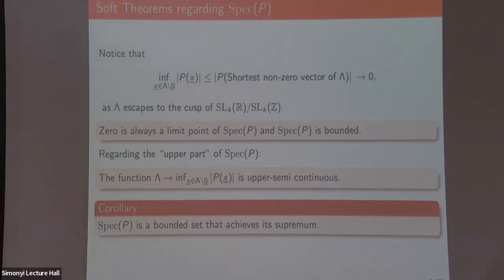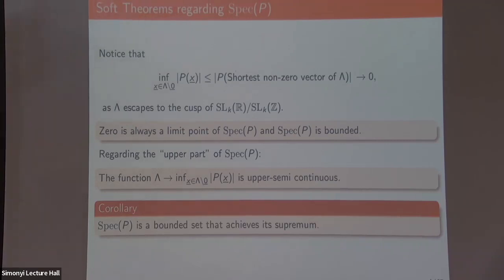Right, you've used Mahler compactness, which you sort of said was obvious, but, okay, that happens to be a theorem. So the fact that near the cusp, the shortest vector defines a boundary is Mahler compactness. In other words, you have to show that if that number is bounded below, then you are in a compact set. Right, so I'm going to now go into some examples to better illustrate what the spectrum can look